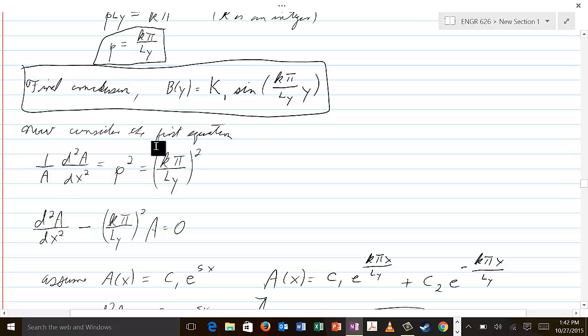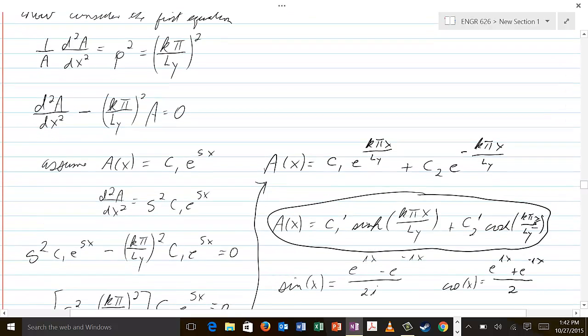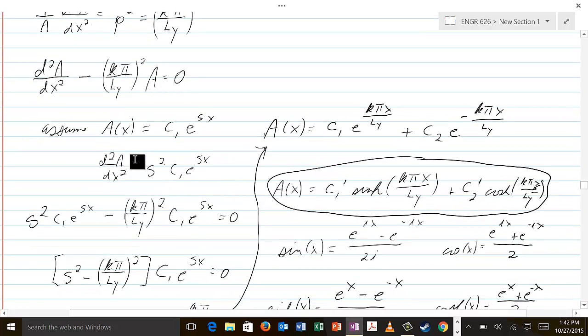And now that we have found p, this is also relevant to our equation for a. So we stick in the value for p into our equation for a, and we get this. And this can also be solved by assuming, just as we did for b, we assume a now is equal to c1 e to the, we can maybe call it s times x. And so when you make that assumption,